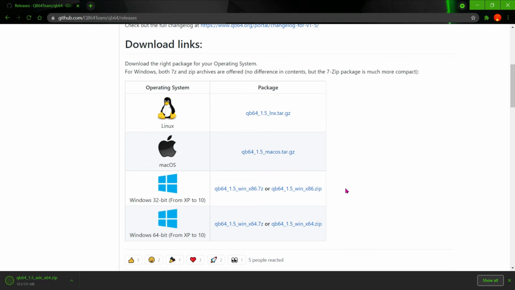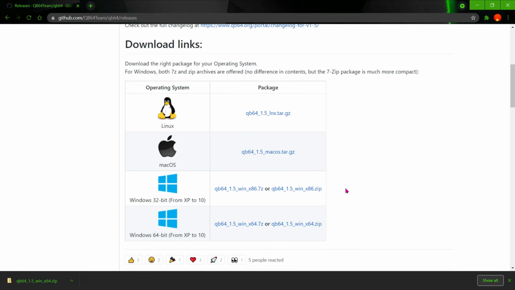So this is QB64, Quick Basic, and it works on a 64-bit system. And what is BASIC? Beginners All-purpose Symbolic Instruction Code. And there are two more additional terms, CUI and IDE. CUI means character user interface and IDE is integrated development environment.